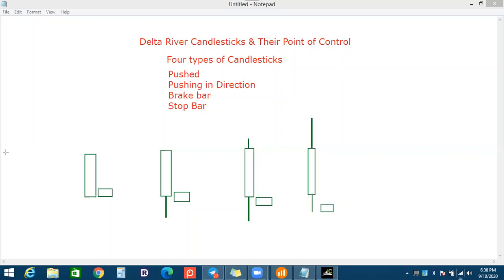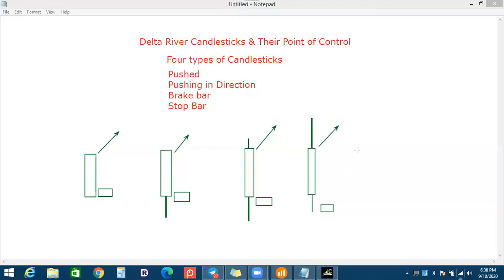The point of control increased at the opening price of the candle. So this signal is a continuation signal. If the pillars of a building are stronger, the building can be considered stronger. So market pillars are the candles. These are the blocks of the market. So if this candle is stronger at the open price, the next candlestick will continue. So that is the first signal, the pushed bar. Got it?